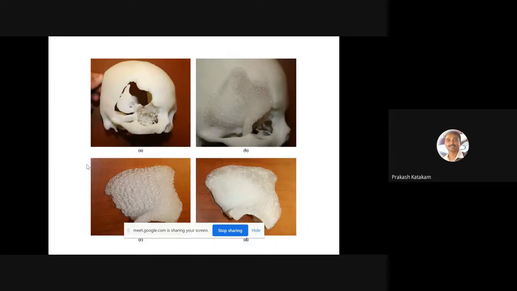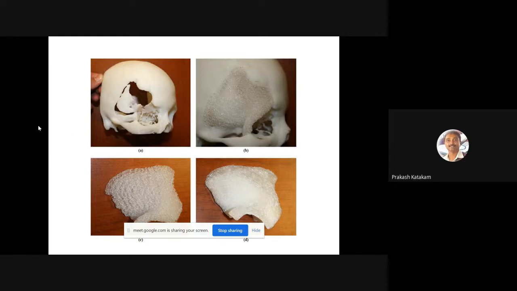Here is an example of a man who lost part of his skull due to an accident. What they did is they took an MRI image of this particular skull, and they identified where exactly the broken part is.